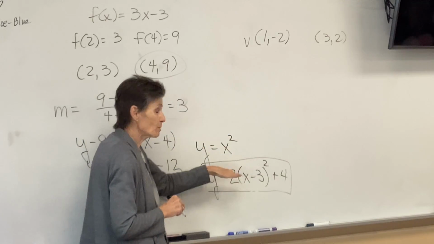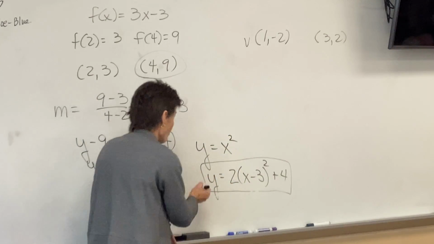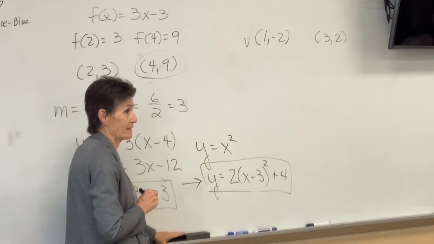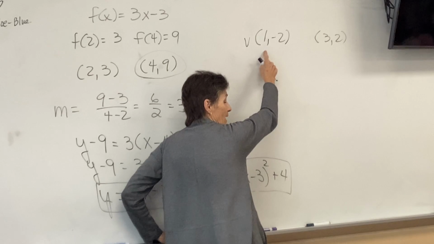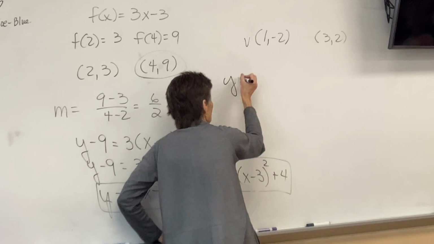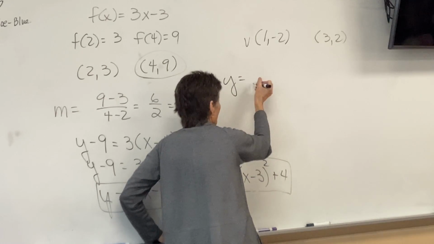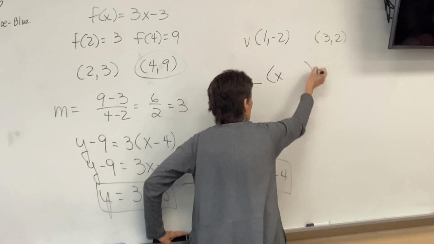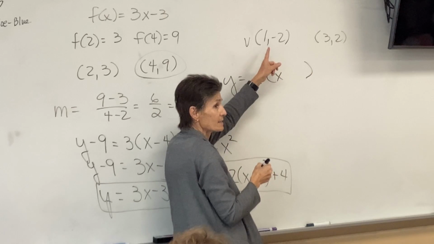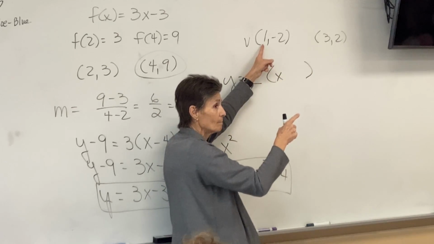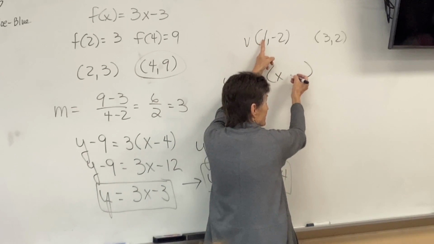All right, that's what you got to remember, that this is what a parabola looks like. Because when I tell you this is the vertex, you need to be able to translate that. I don't know what that number is, but I know what has to be in the parentheses. If the vertex is right 1, this has to be x plus,